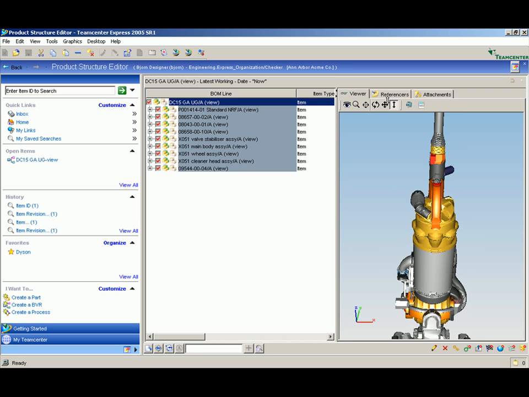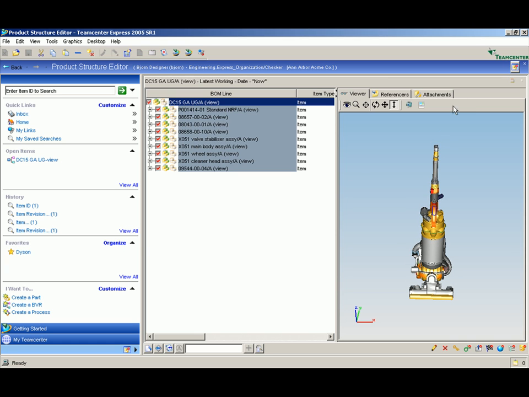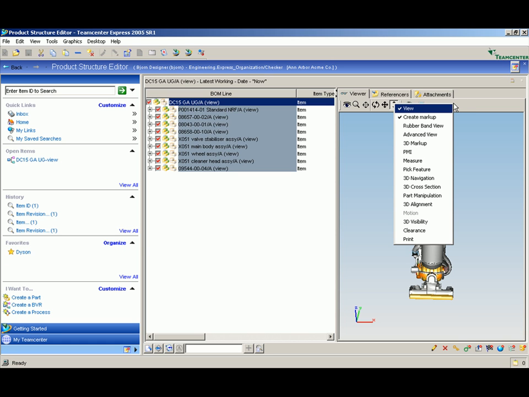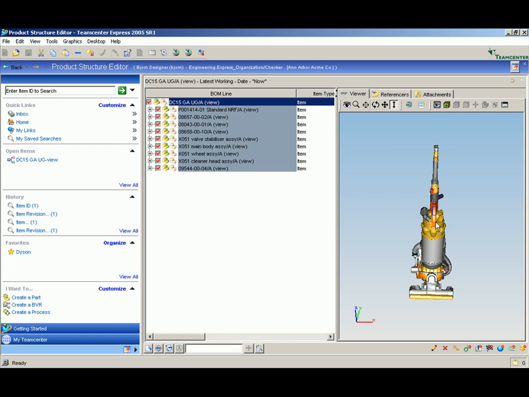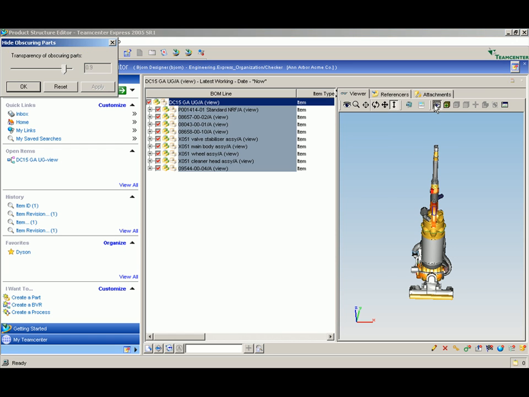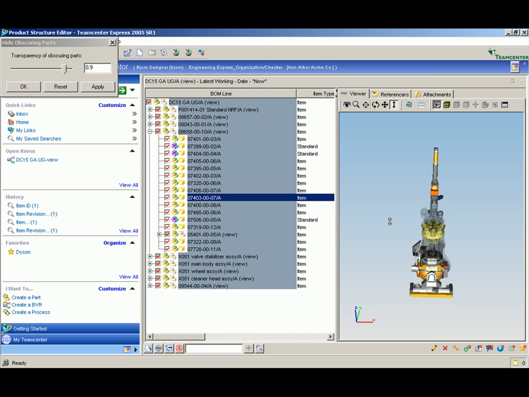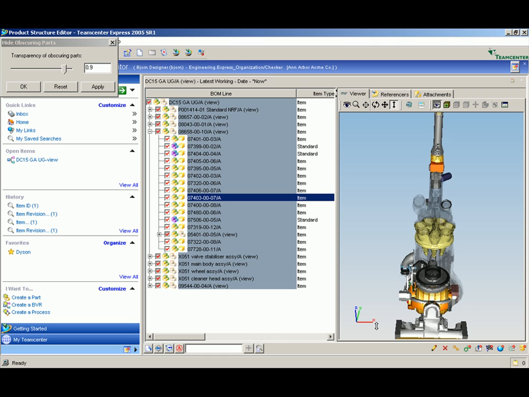We can add additional panels of visualization commands to the interface from this menu. For example, we can enable measurement, cross-sectioning, and markup capabilities. Here we have chosen to add the 3D visibility commands to the interface, and we use a command to make the cover transparent. We will now zoom in on the assembly to visualize some of the components that were previously